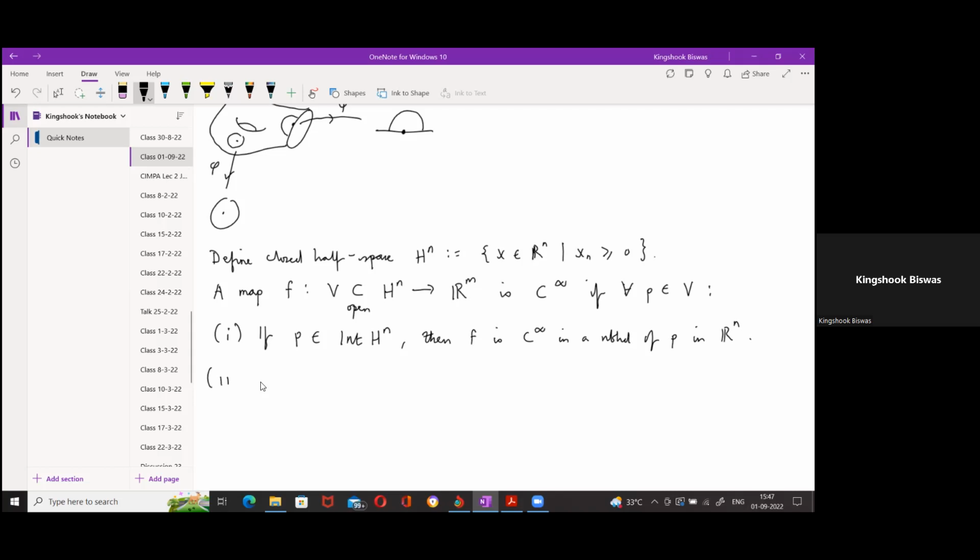Whereas if p belongs to the boundary of H^n,